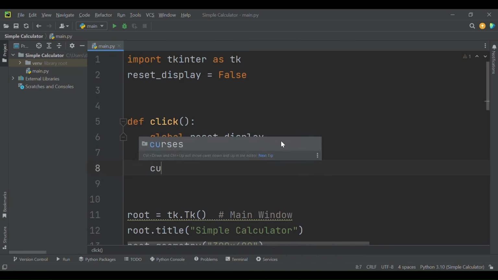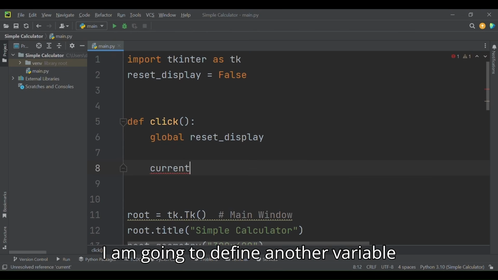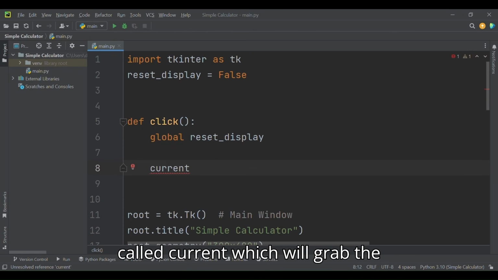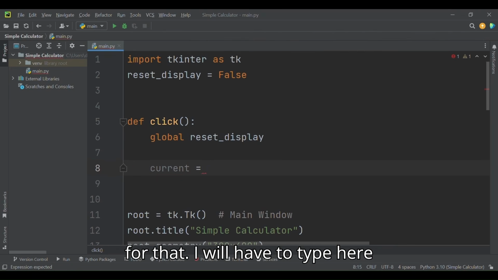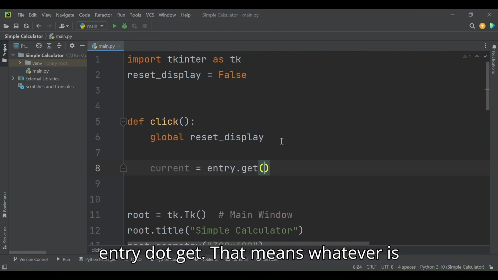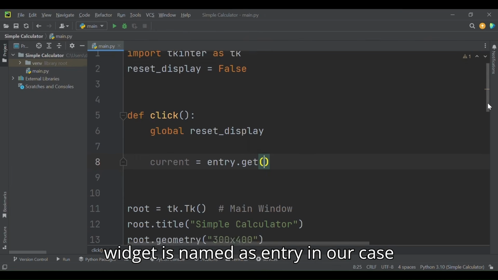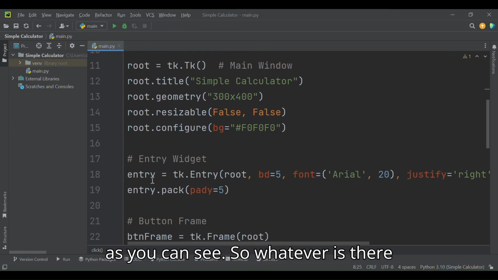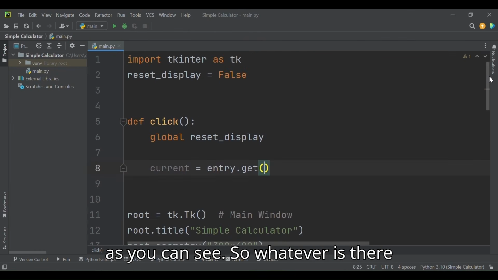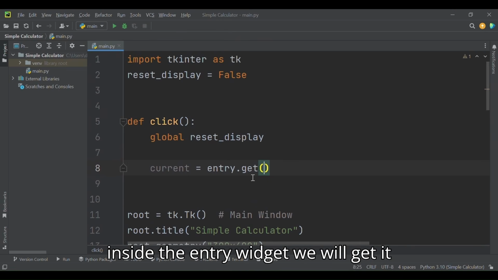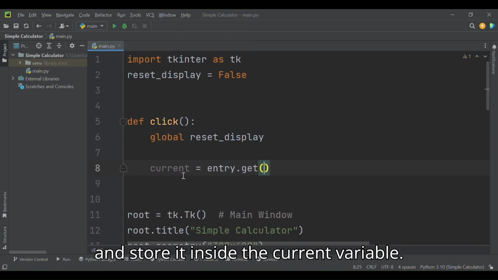In the next line, I am going to define another variable called current, which will grab the current text from the entry box, and for that I will have to type here entry.get. That means whatever is there inside the entry widget, the entry widget is named entry in our case, as you can see. So whatever is there inside the entry widget, we will get it and store it inside the current